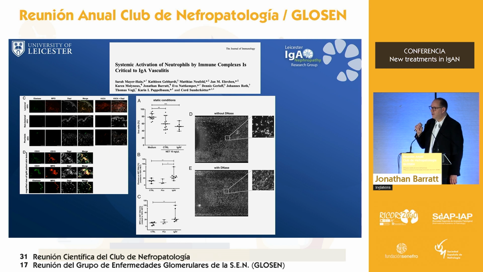And what we found was that when we exposed neutrophils to the IgA immune complexes during a flare, that led to significant neutrophil extracellular trap formation, NET formation, and this is an endothelial cell culture. You can see lots of endothelial cell death, and here you can see that this didn't happen. So what we found was that the immune complexes were behaving differently during relapse and during remission. And the main effect we saw was their interaction with neutrophils, promoting neutrophil activation, promoting NET release.